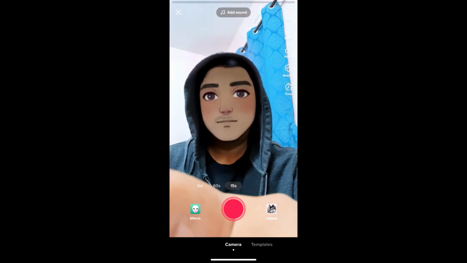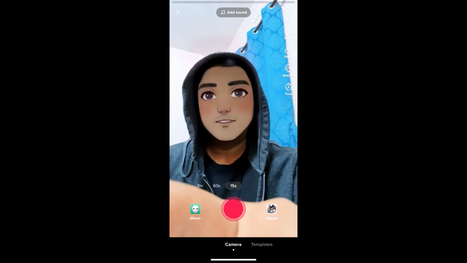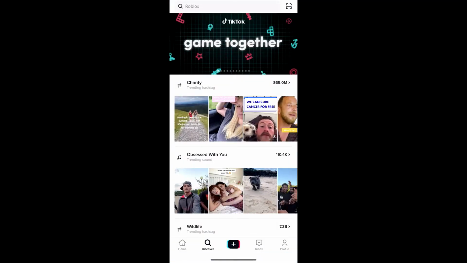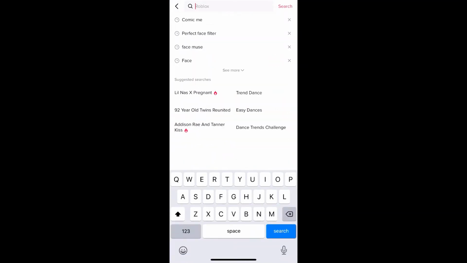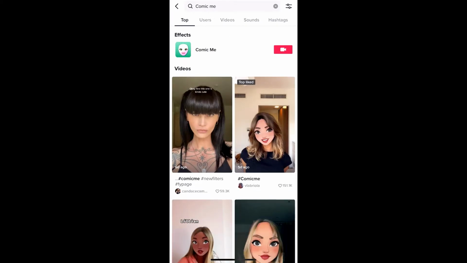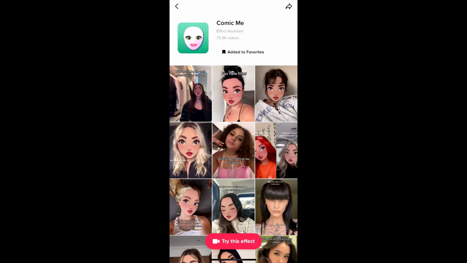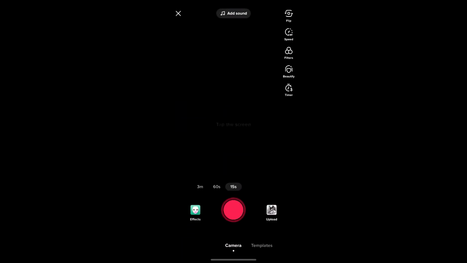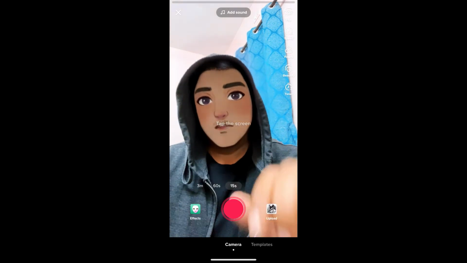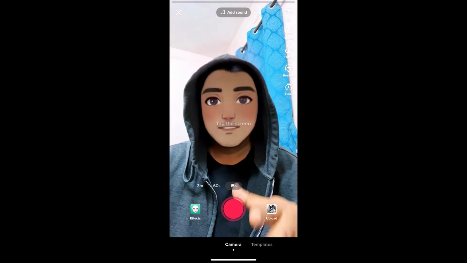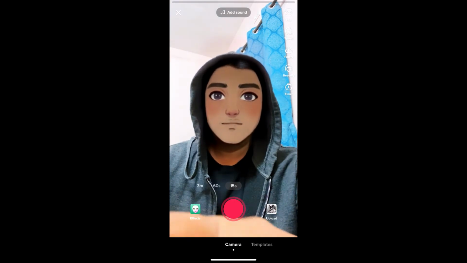Suppose you are not getting the effect from the effects gallery, then what you can do, go to Discover and here search for Comic Me. On the top row you will see the effect icon. Just tap there and you will be directed to the effect page. Now from here you can add it to your favorites, and at the bottom of the screen you will see Try this effect. Tap there to use this effect. Likewise. Okay, and suppose you are not getting the effect like this also from Discover, then what you can do,